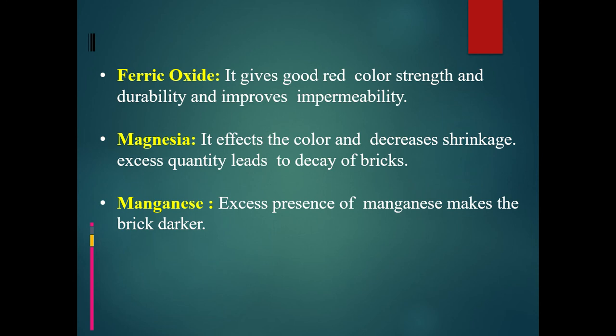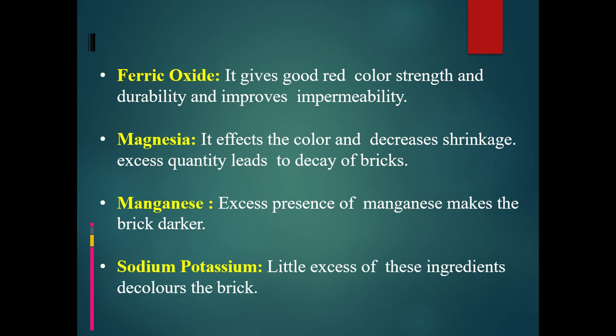So if you see somewhere when you're moving around near the bricks, wherever they are laid at any construction site, some of the bricks look very dark in color. They look a little bit weird. They look a little darker color of red, or a little bit maroon, a little bit brownish color. That's due to excessive presence of manganese.